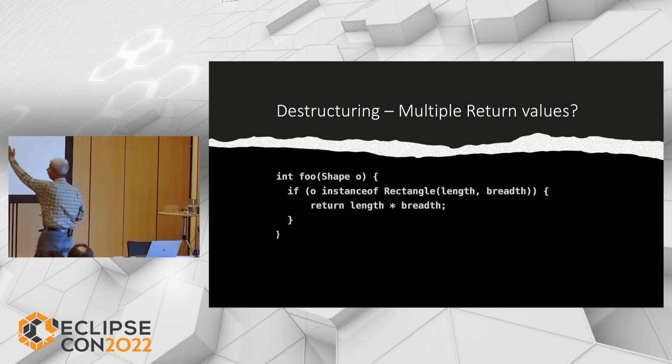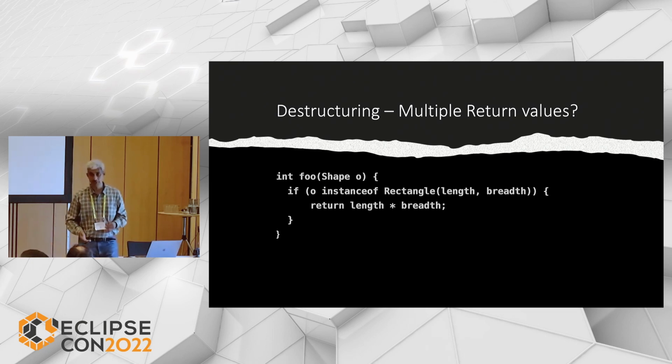You can even have an and of expression, and this and expression and length greater than 0. In that case, the length will be available there. If it is false, it will not be available there. So that's one major difference from something in Python where you have multiple return values, tuples or something like that. I mean, records themselves are tuples, so they can be thought of as tuples of data.